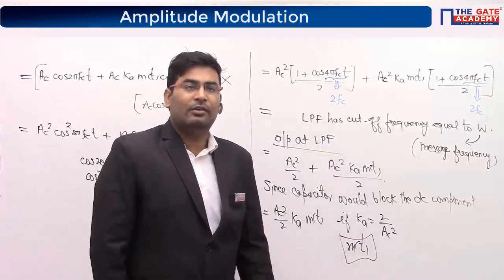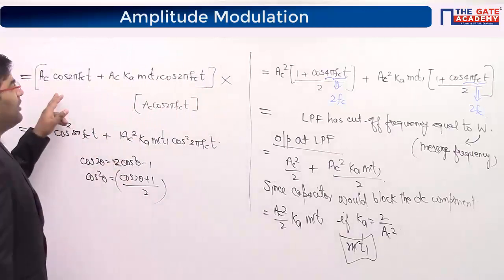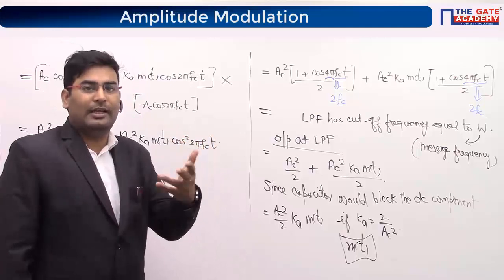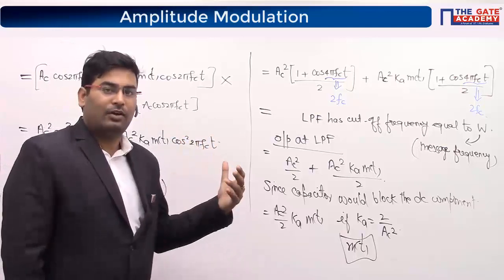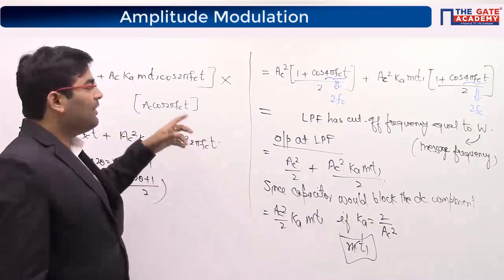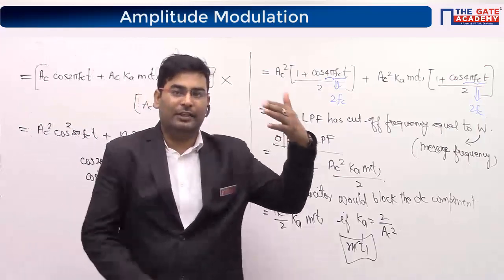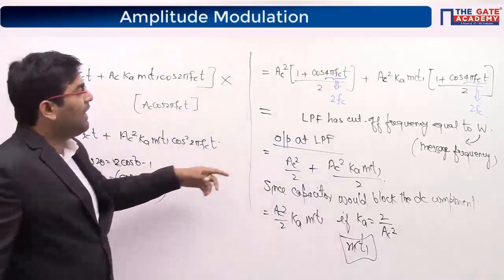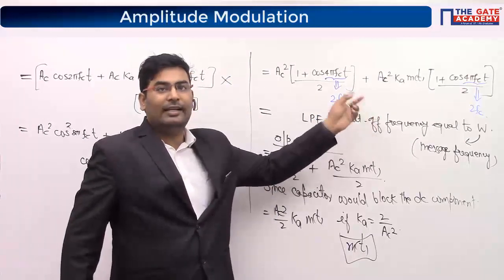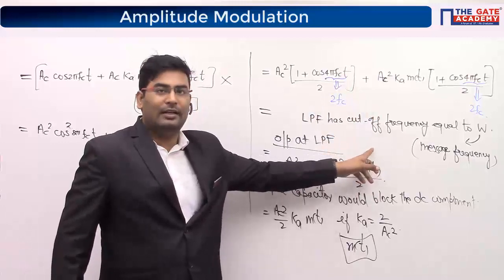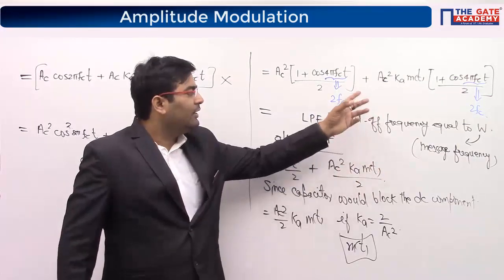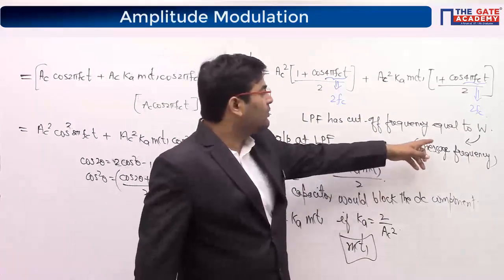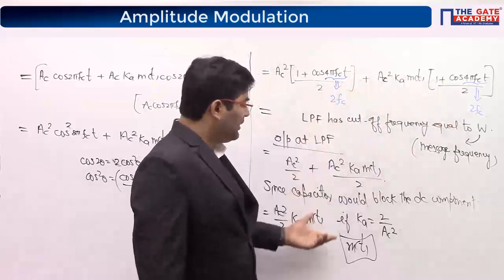So you want me to explain the first part. See, the first part is nothing. If you see the diagram, which you can see later, because it is anyway a recorded session, you can always go back and watch these lectures. I have written that I am multiplying the AM signal with the carrier signal. So that's what I have done in the first equation. I have just multiplied. Then I have used the cos square trigonometric function. Then I said the low pass filter, which is at the receiver's end, right after the demodulator, is going to be used to eliminate all those frequencies which are more than W. That's why 2 fc is gone, and we are here.